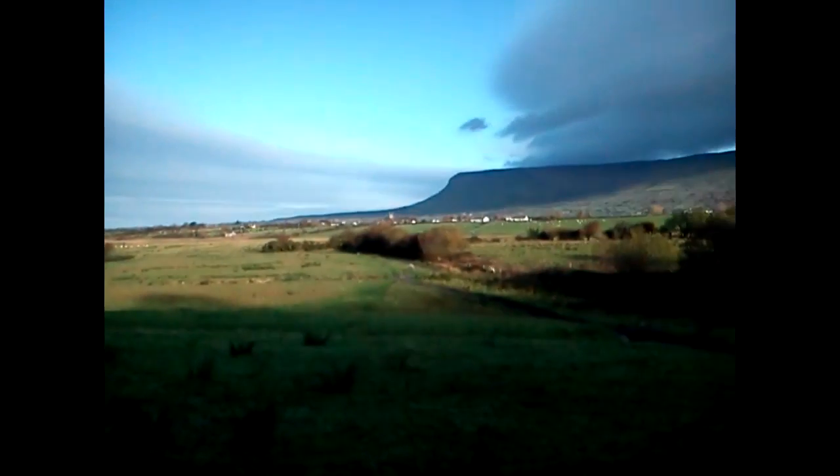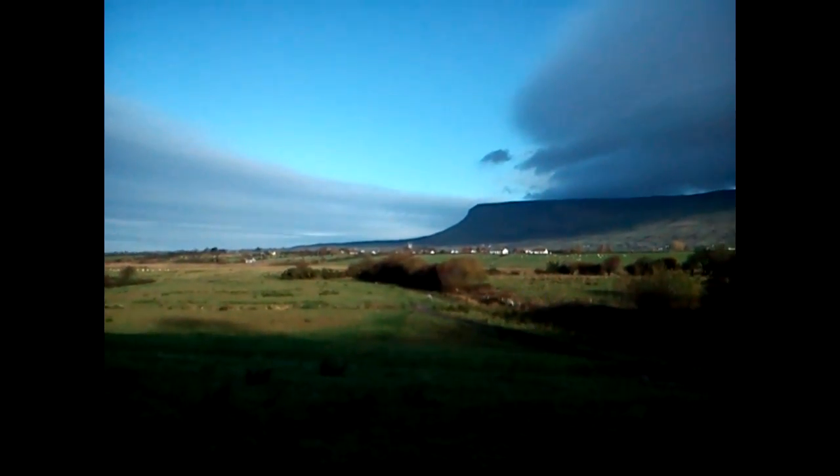Reminds me very much of the ones at Avebury. Now I don't know how old this is or if this was placed here later, but look, here's the shoke here. There's Ben Bulben, William Butler Yeats' graveyard. Over the trees there,